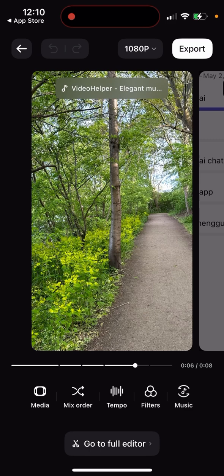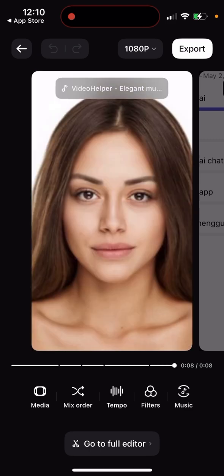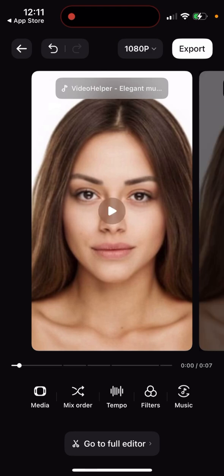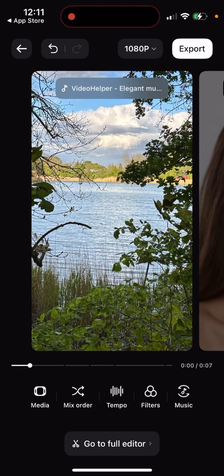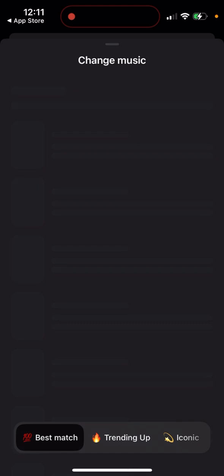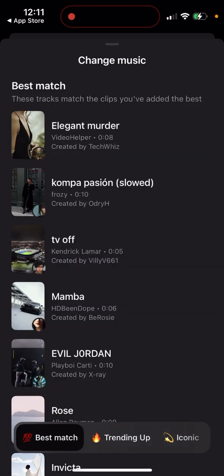And then you just have photos like this in here. So this is kind of the overview. You have all the effects like media, mix order, tempo, filters, music, all together in here. And then you have different trends. You can change music. You can select for best match. You can select trending music,